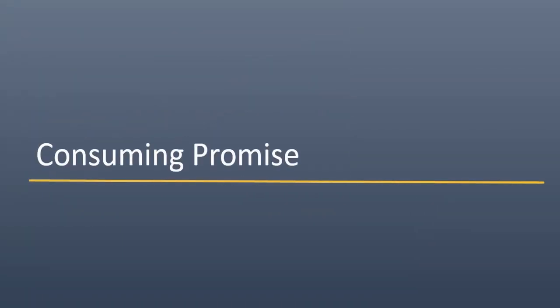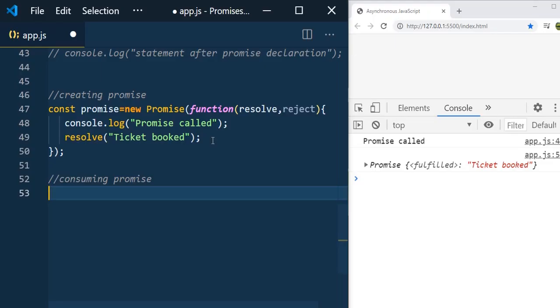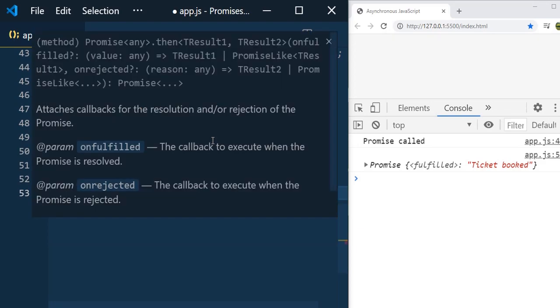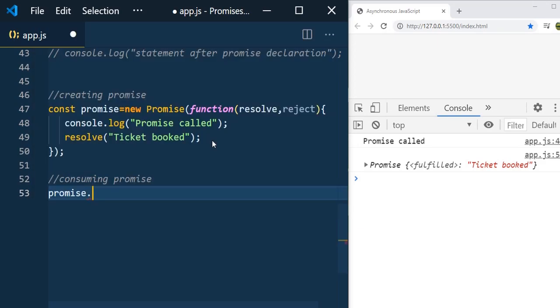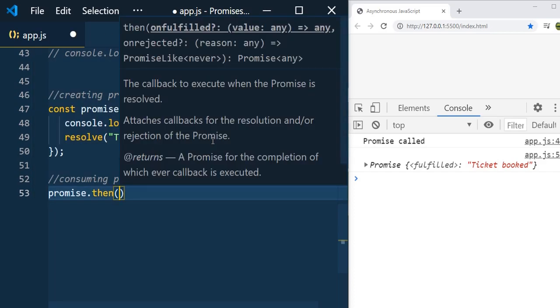Now your promise is fulfilled, so you need to consume it to get the result. How to do that? Using promise dot, and a promise has a handler called then. What is the then handler? That I'll tell you now. And this then handler has two parameters: onFulfilled and onRejected. As I said while discussing the life cycle of promises, settled promises have two different outcomes, that is fulfilled promises and rejected promises. Once your promise is settled, you will have the two different states.